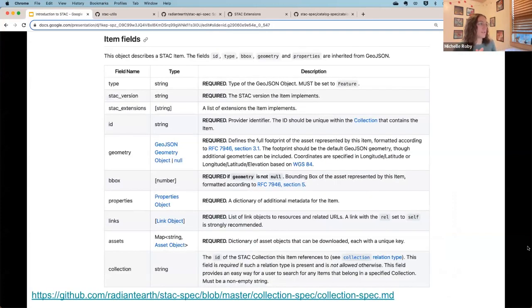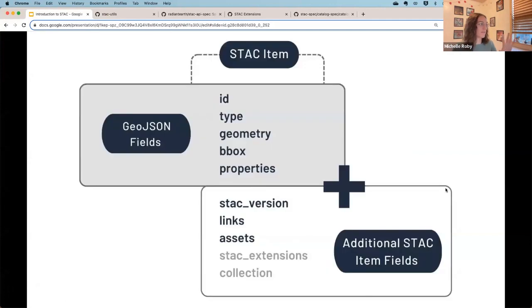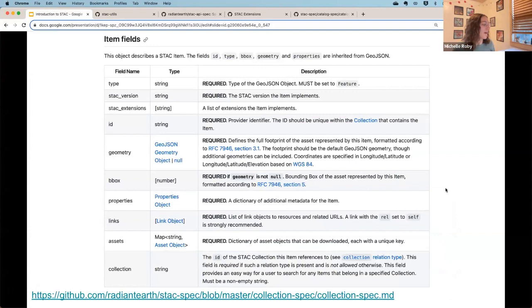I'm putting this here just as another visual and as a reference for the future. Whenever you see this table on the STAC spec page for an item, it is just describing the in-depth version of this graphic. And I included the links here. I'll click on this just to show you where it's located.